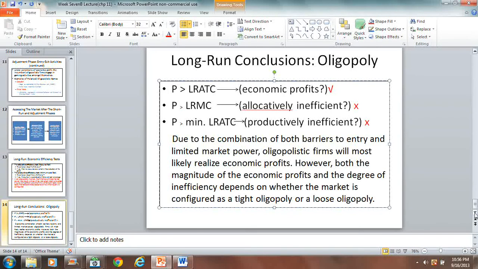If you have questions, feel free to send me a message, and I'd be happy to give more clarification. There are some details in the chapter that are to some degree irrelevant. If we just focus on the details that we developed in this presentation and try to find those details in the text, I think that will give you a good general understanding of oligopoly. It's a very fascinating market structure, but it also has some challenges that we have to work through to understand how a firm fares under this type of competition.